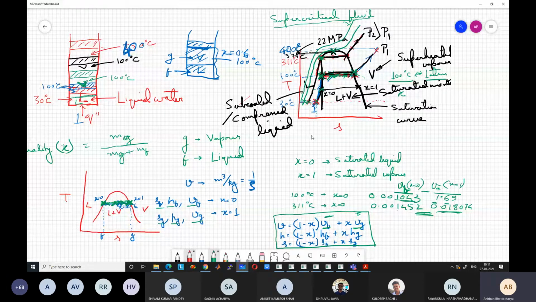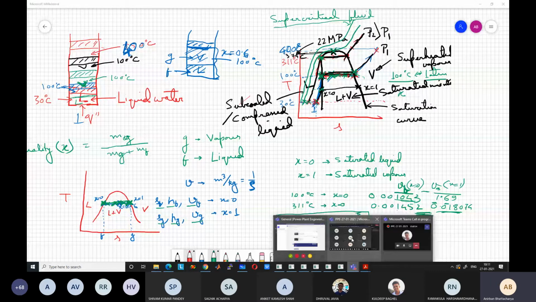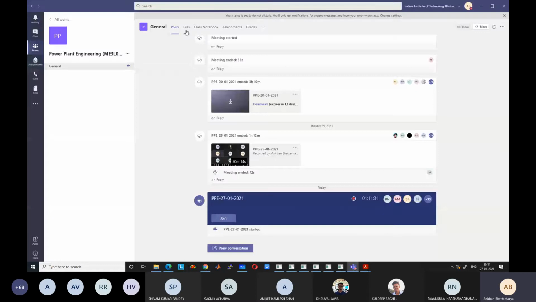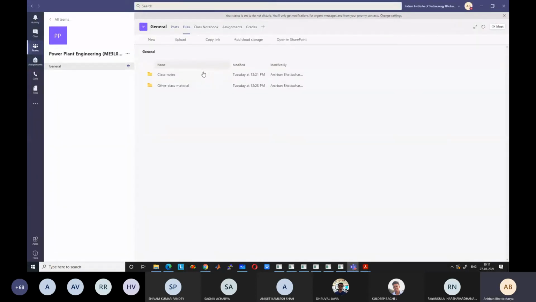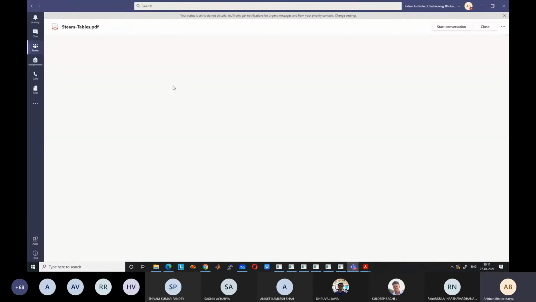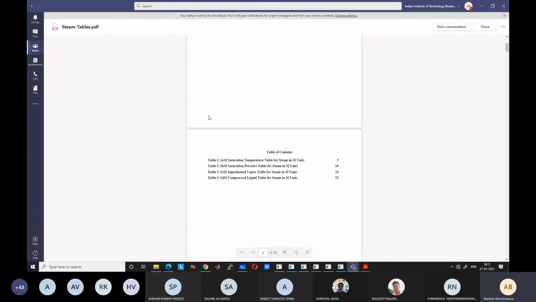course. Okay. So one similar steam table I have uploaded on the portal. It is slightly more extensive. It has more data points. If you go to the portal and go to the other class material, you can see that there is a steam table here. Okay. So now I will show you how to get the different values of the steam table.